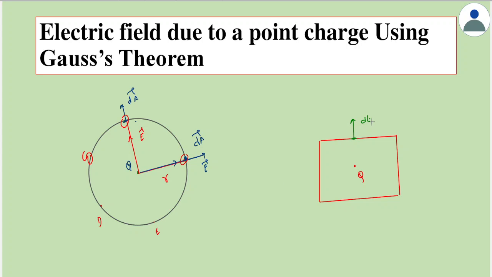This is the elemental area dA, and at this point the electric field will be going out radially only. So for this elemental area, the angle between E and dA is